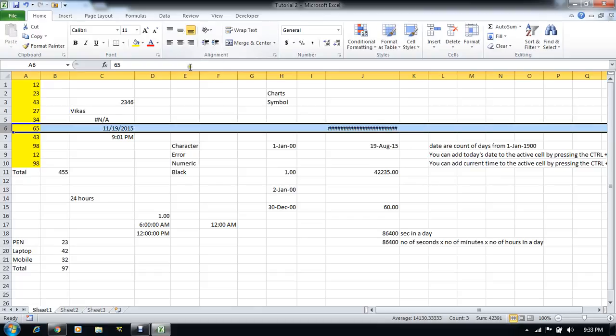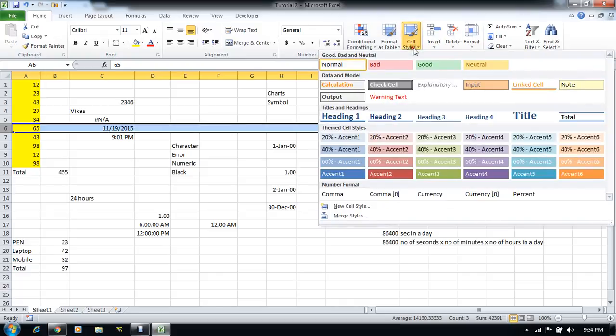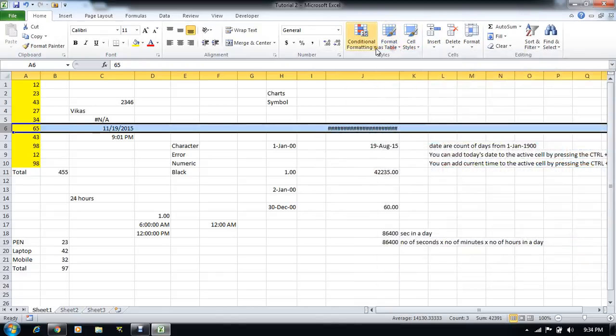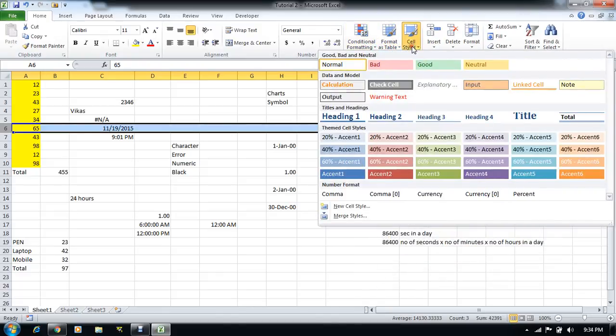Same, we have number, so we can format the values which are in the cell. And this is the style, so we can do the styling of the data which we have in our Excel.